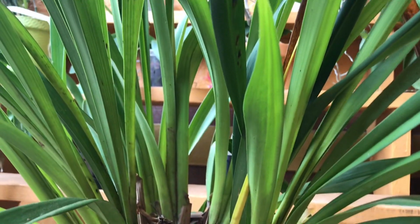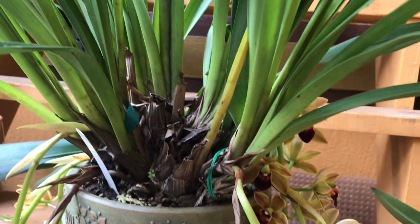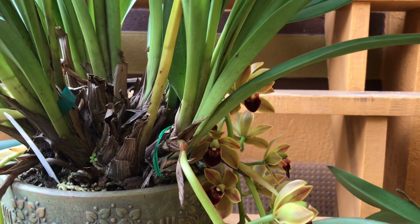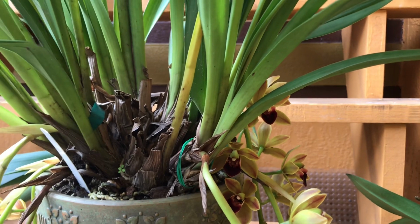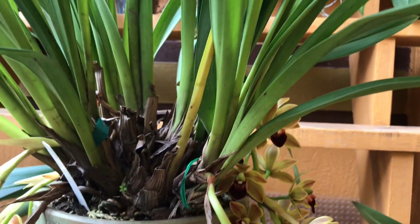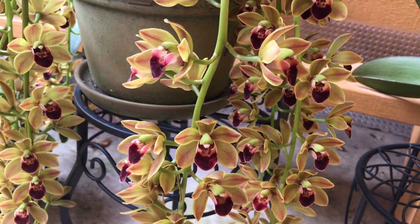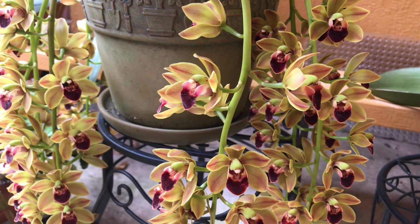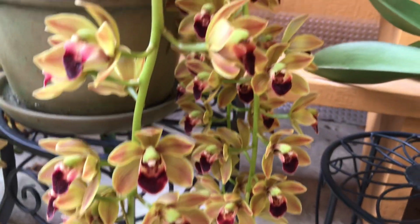So during summertime I water it twice a week, and during winter maybe once a week, because of the way my media is, they stay wet longer, so you don't have to keep watering them. It has maybe 1.5 foot leaves, but this one, because it's pendulum type, I'd rather not plant it in the ground. If you have this kind, you have to kind of figure out what kind of